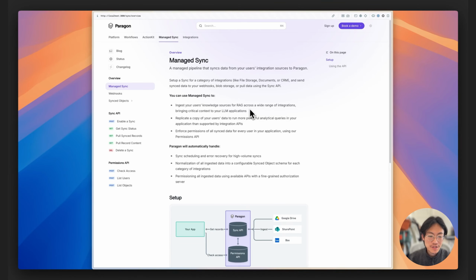Hey everyone, today I want to show you a demo of Managed Sync, which is a new kind of pipeline in Paragon that allows you to sync data out of your users' integration sources into your application. So, for example, if you're building a RAG application that needs a lot of context from different integrations, you can ingest files from your users' knowledge sources like Google Drive or Box or SharePoint and bring that critical context into